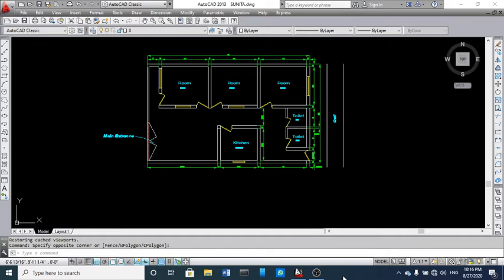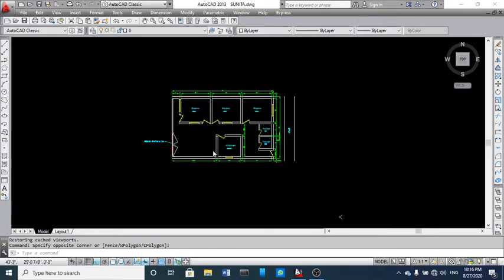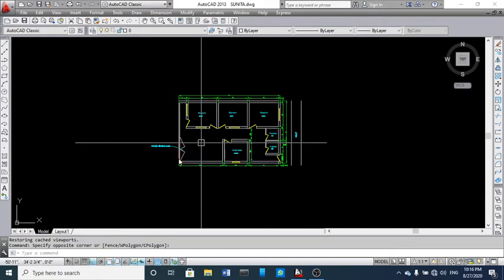I'm Ravindra Gupta. In today's video, I'm going to tell you about how to make page setup in AutoCAD. So let's start with the existing drawing. Here you can see the given drawing, and I'm going to make a page setup in layout. So for that, I'm going to click on layout.